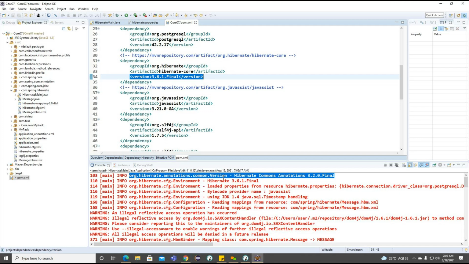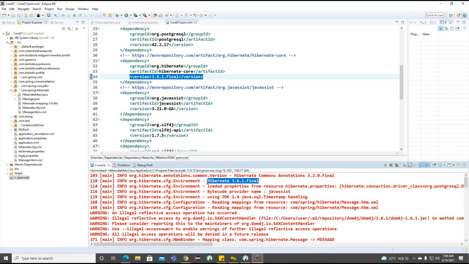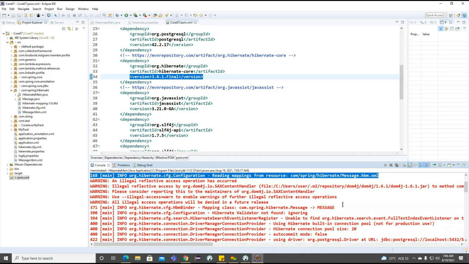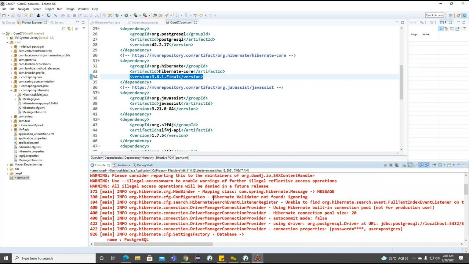Maybe it is providing the environment version here, but it is going to support the common annotations from 3.2.0 final. Later, you can see it supports JDK 1.4 onwards, and these are our mapping documents.